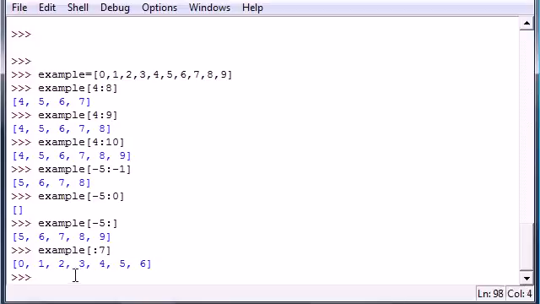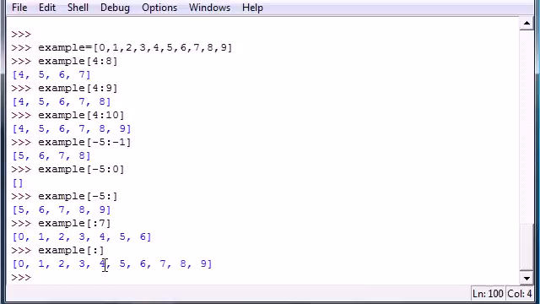You guys really need to play around with this. And another thing I want to teach you guys before I let you go: what if you do that and you don't include any values? Well, this is a little shortcut to get your entire list. So again,